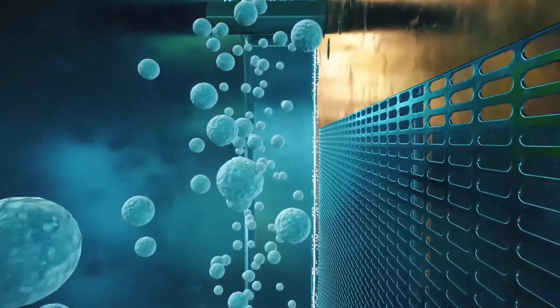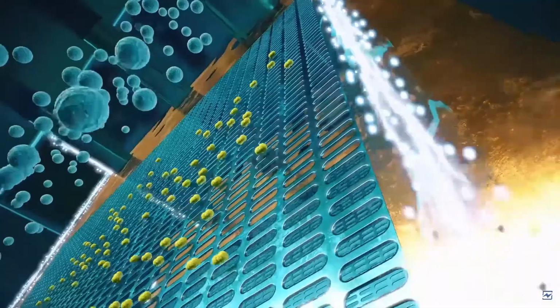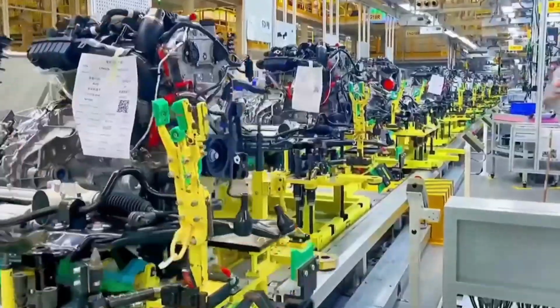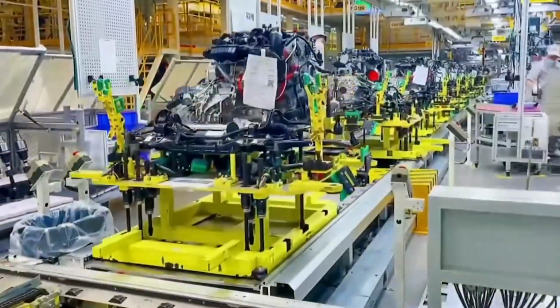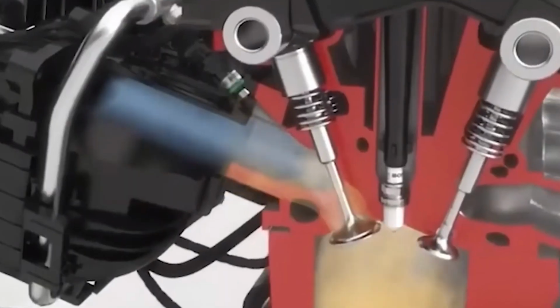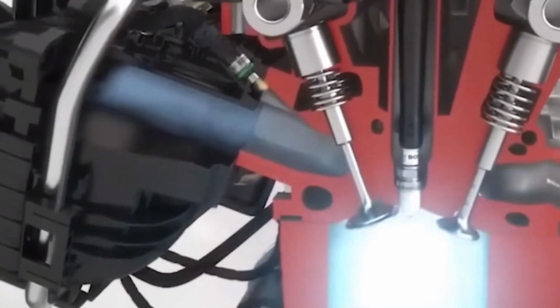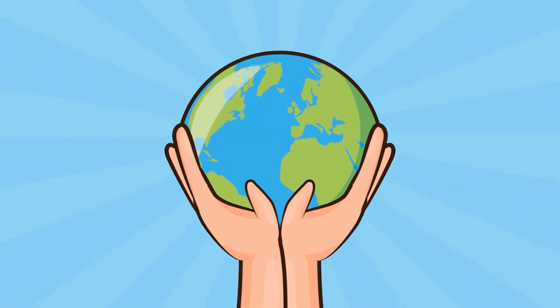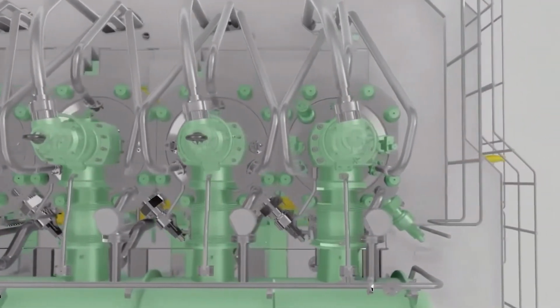The development of engines that utilize liquid ammonia as an alternative fuel represents an exhilarating breakthrough for the automotive industry. It introduces novel possibilities and opens the door to a future that is more sustainable. Liquid ammonia could serve as a viable fuel alternative, offering reduced carbon emissions without compromising performance. As the world continues to prioritize environmental conservation and sustainability, the adoption of ammonia-powered engines could play a pivotal role